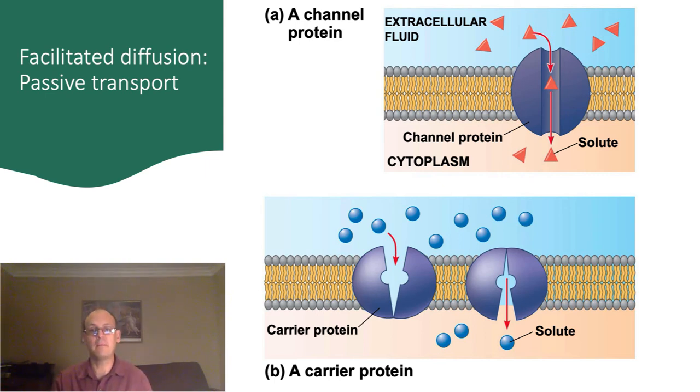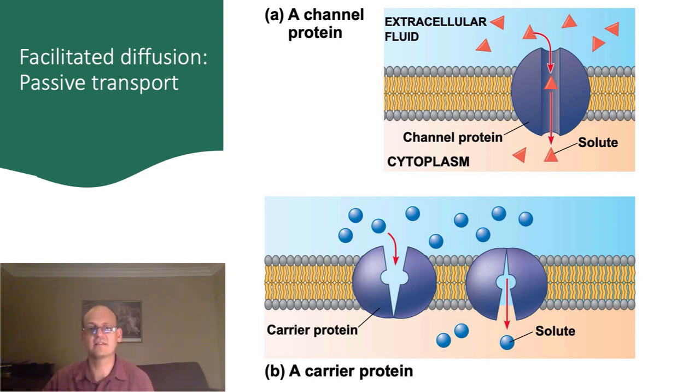Channel proteins are membrane proteins that simply serve as like a hole through the membrane. Solutes can pass freely through the channel protein, but they always go in the direction dictated by diffusion. That is, they always go down the concentration gradients from a region of high concentration to a region of low concentration. If you look at this upper picture, you see molecules moving through a channel protein. In reality, the channel proteins are very specific to particular solutes and only allow that particular solute to pass through.